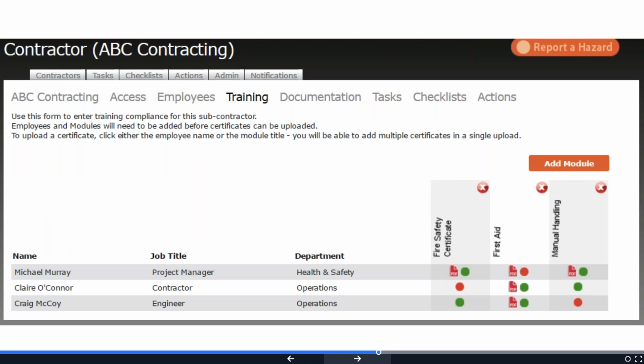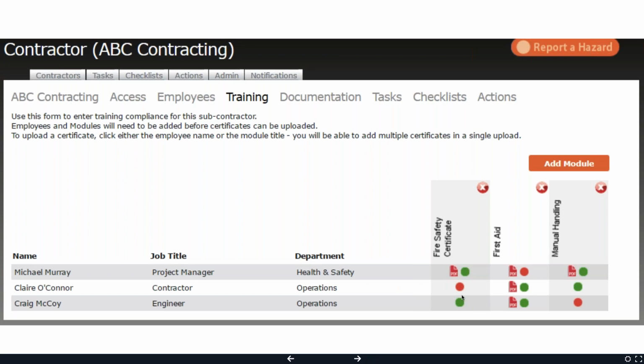Now with these employees, a training matrix will be created. So a very configurable system. You can track as many or as few of these training modules as you would like to have. So this might be site inductions for yourself. This could be working at heights, first aid. There's no restrictions or definitions. It's really a user configurable system that you can make work for your organization's processes. But the key aspect here is, again, that these are going to be date associated.